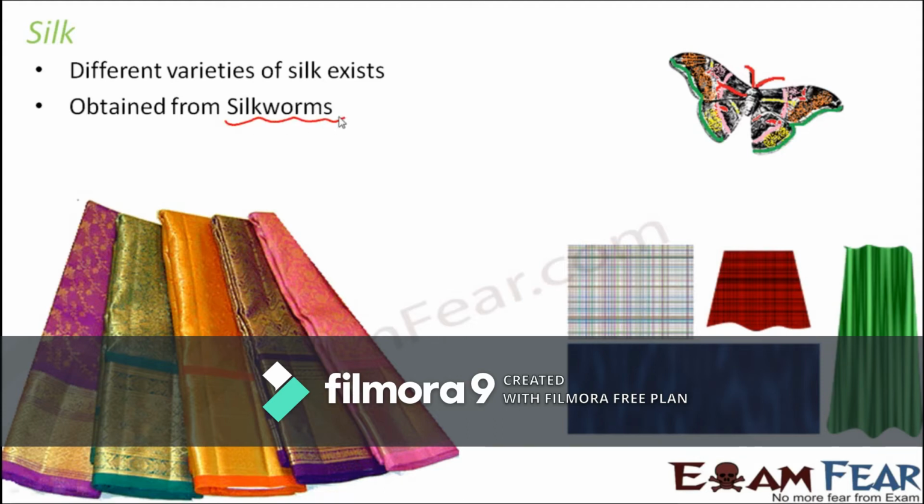Now what are silkworms? Have you seen butterflies? The silk moth looks very similar to a butterfly. They are called silk moth because they are like moths. But since silk is obtained from them, they have been given the name of silk moth. Now in some stage of their lifetime, they are silkworms, a worm-like creature which later becomes a silk moth. So silk moth is basically their adult form, but some time before that they remain as silkworm.